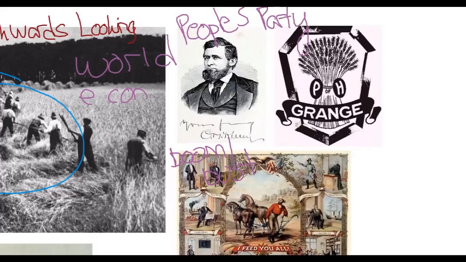First of these was the Granger movement. It was a movement that was organized after the Civil War by Oliver Kelly, here pictured on the left. And Kelly was a worker for the Department of Agriculture. He was concerned about the situation that rural farmers faced in the United States after the war. He spent time studying rural culture and farming, and he began to organize Granger clubs, or Granges as they are